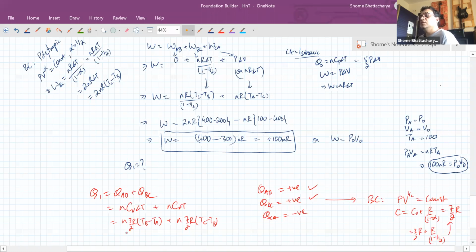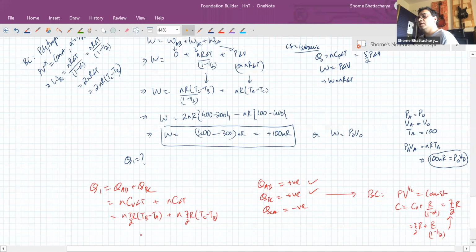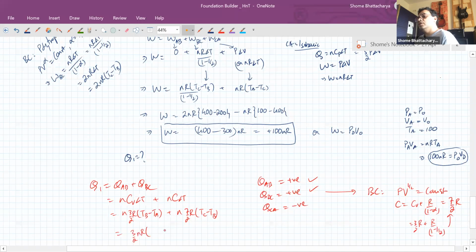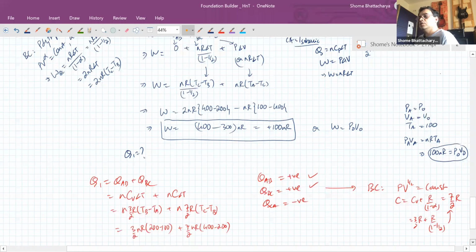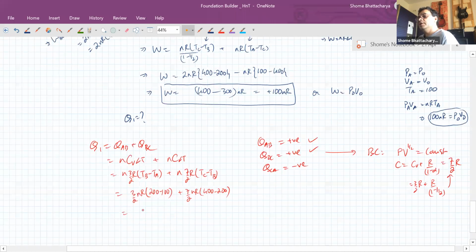Okay. So now let's just substitute the quantity. So 3 by 2 NR into this temperature difference is 200 minus 100, and 7 by 2 NR into this temperature difference is 400 minus 200. So this will become 3 by 2 of 100, so that's 150, plus this is 200 into 7 by 2, so that's 700. So 850 NR, that is Q1, whereas W was 100 NR. So we can see now the efficiency